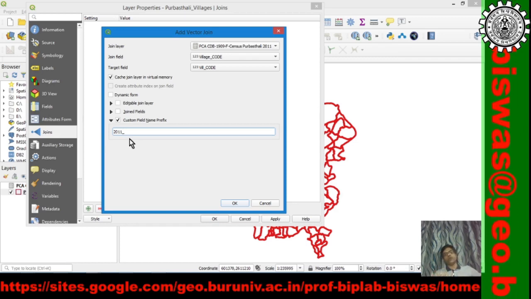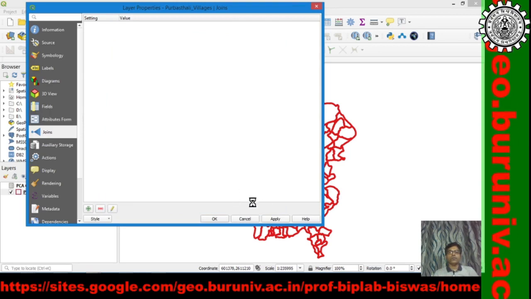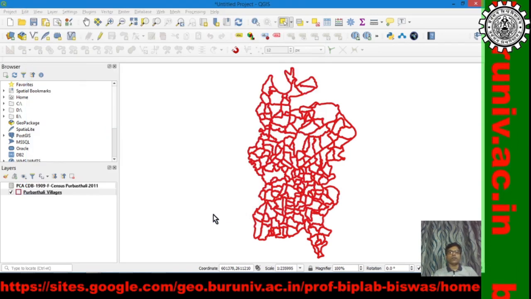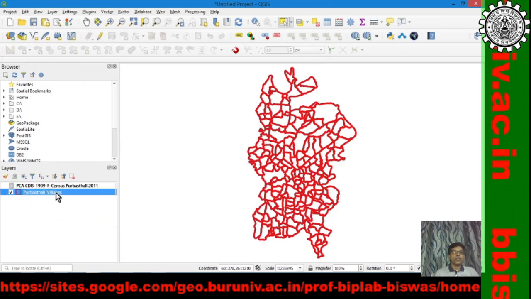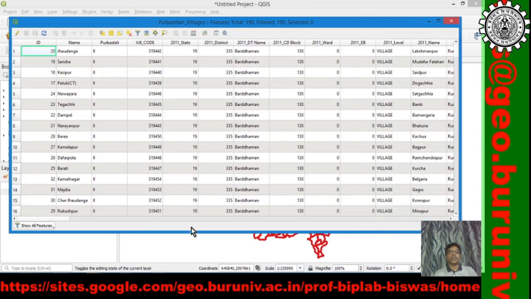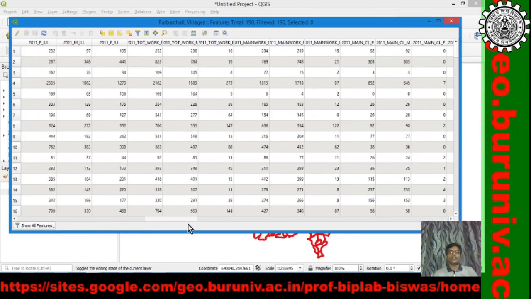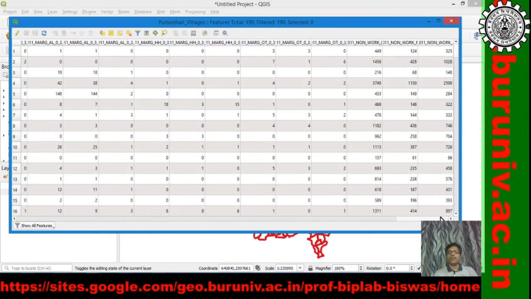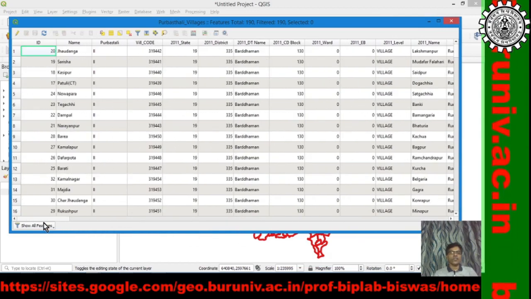We keep on going backward, and all the data is available from the Census of India. Okay, apply. Okay, so done. Just now when I right click it, you see all the data from Excel is added to this spatial data. Isn't it fantastic?